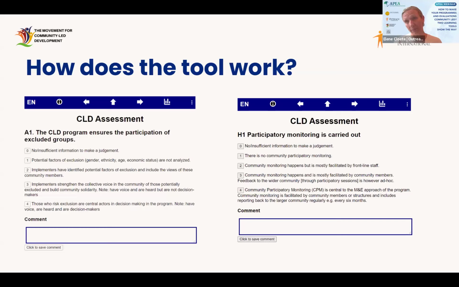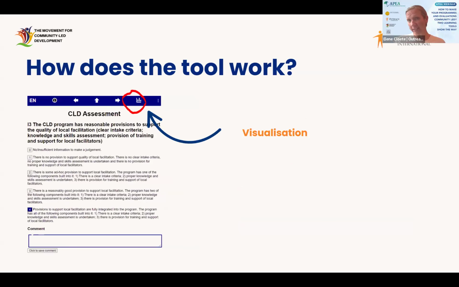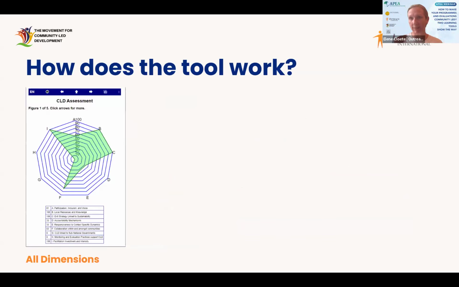And so on the right-hand side, you see how the monitoring evaluation dimension is featured within the tool. And you can also see the statement with then different responses in a rubric format. Visualization is then very straightforward. The tool at the top has then the option for you to click on the visualization, and then that immediately